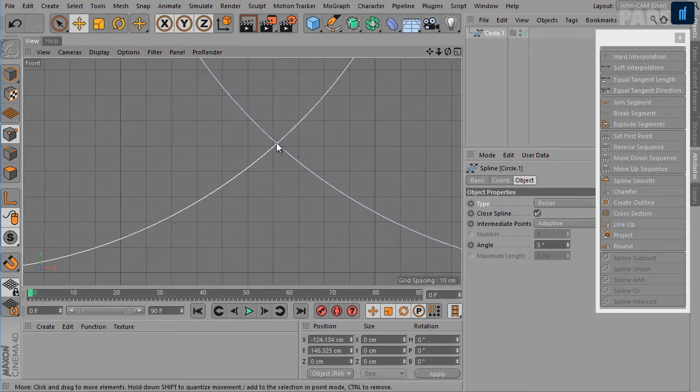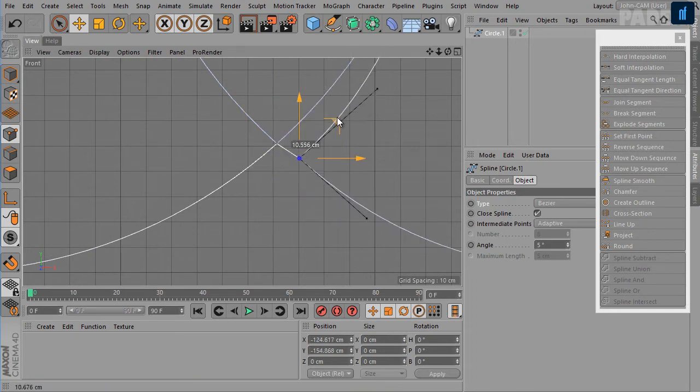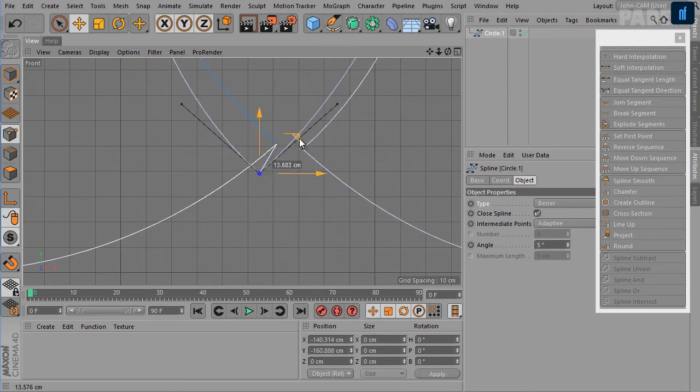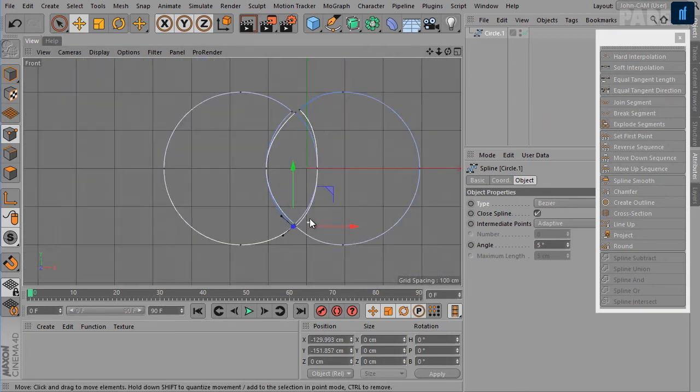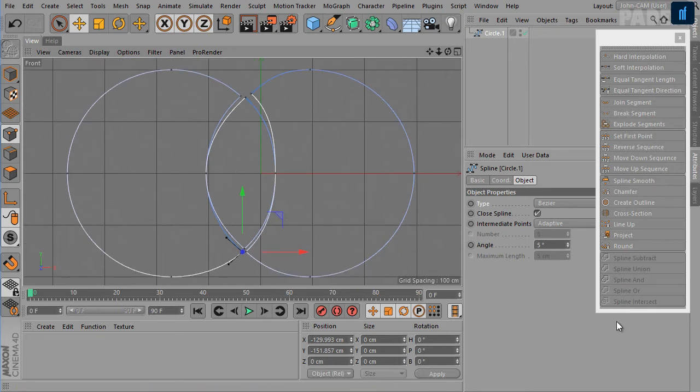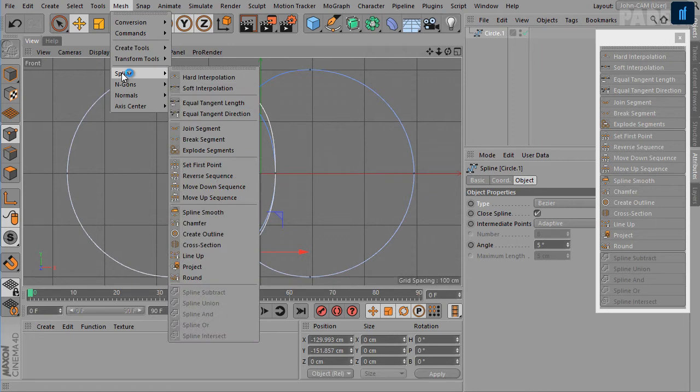Likewise here at the bottom. So this is the output of the spline intersect command. This was a quick overview of the tools available in the mesh menu.